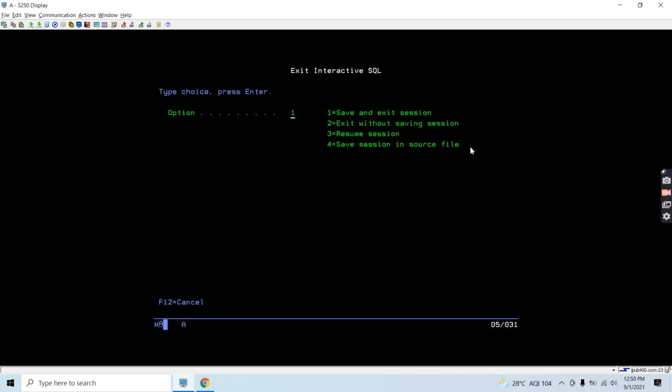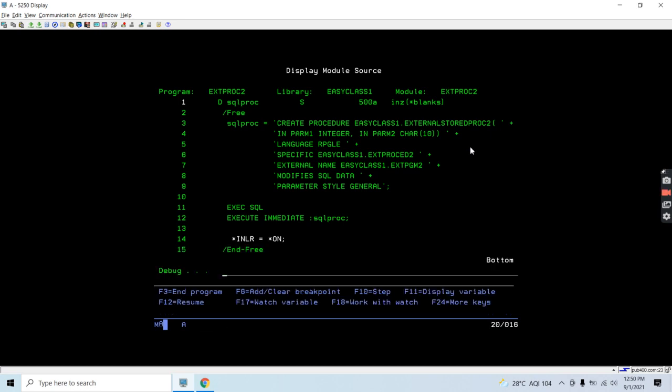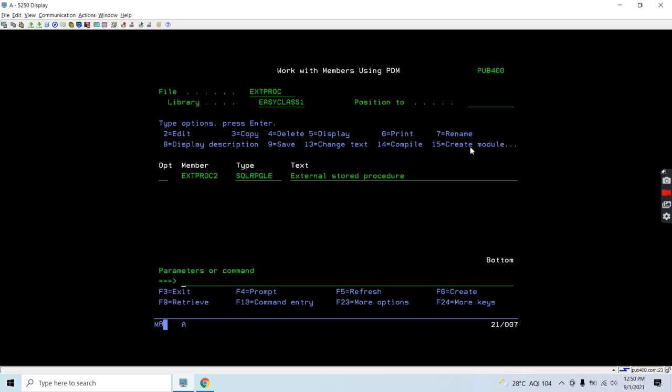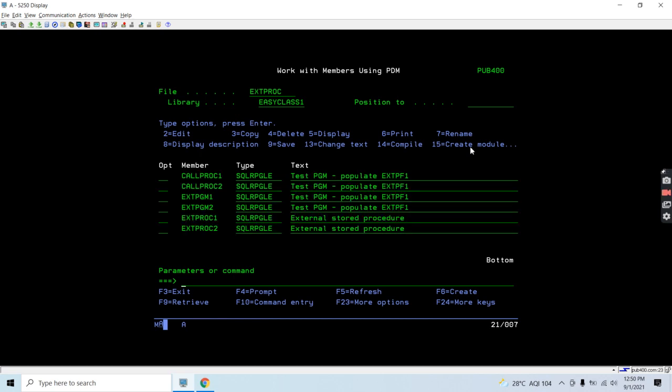So basically we can say that this program creates the SQL stored procedure. Now we have the SQL stored procedure. So either we can call this program to populate that file by passing the input parameters, or we can call this stored procedure which is created using this program.